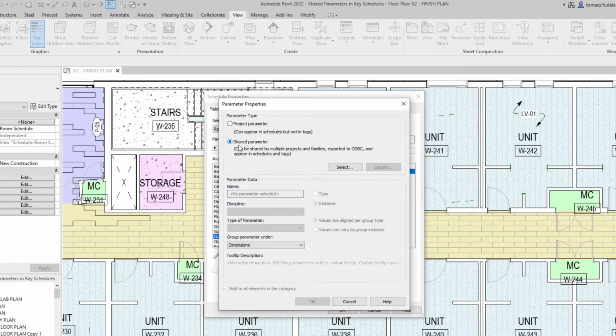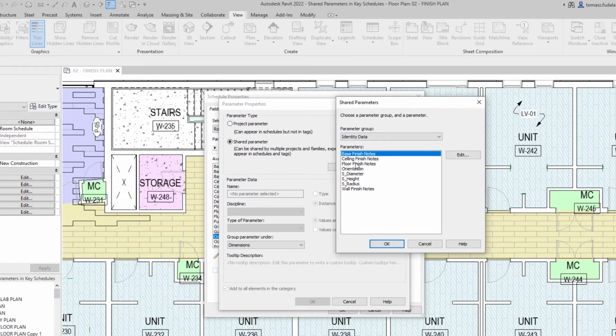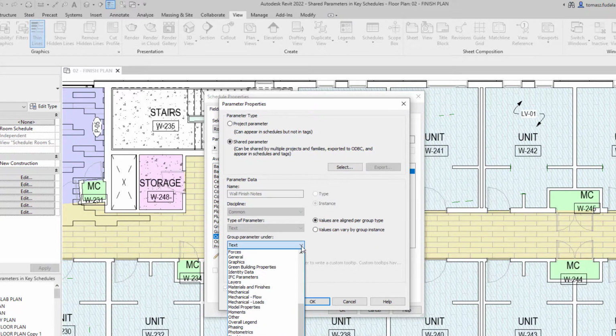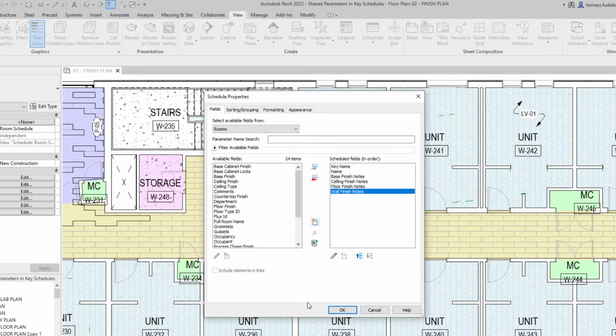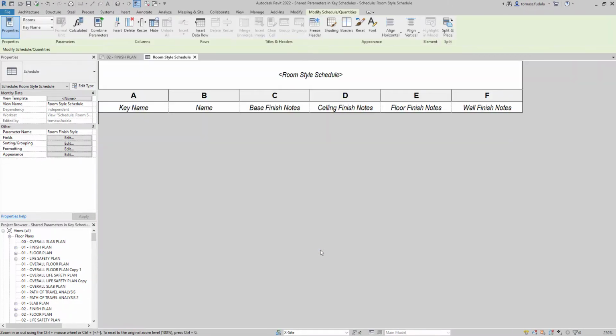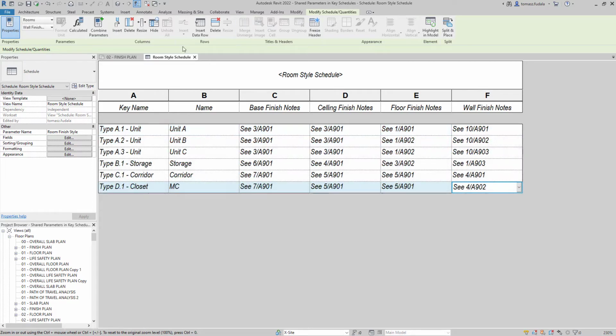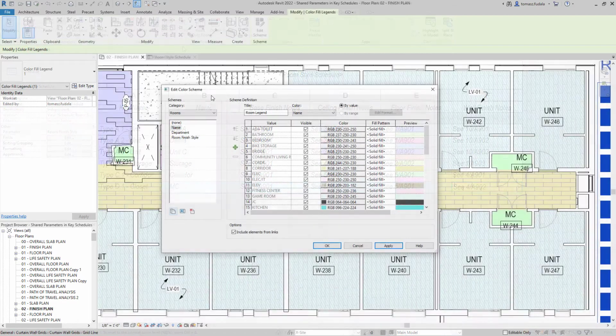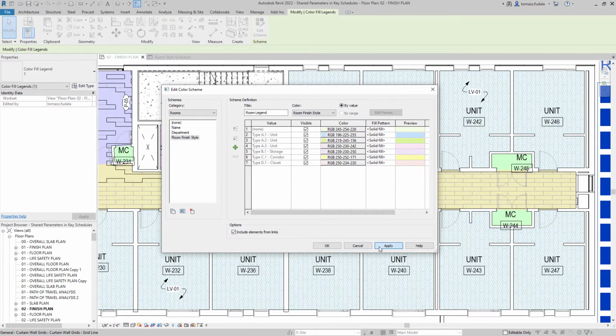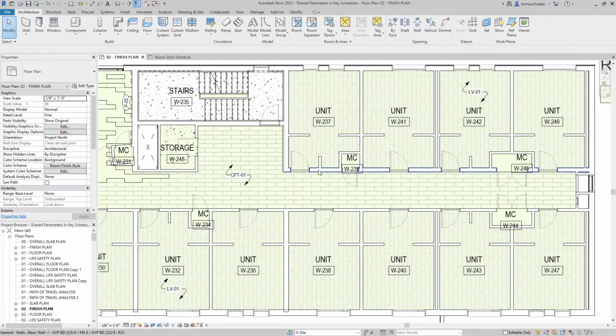In Revit 2022, shared instance parameters associated with categories now appear as available fields when creating a key schedule for that category. The key schedule filters compatible parameters that may be included. You can also add shared parameters to the category when you create a key schedule. The use of shared parameters in key schedules makes it possible for a key schedule to drive geometry or control